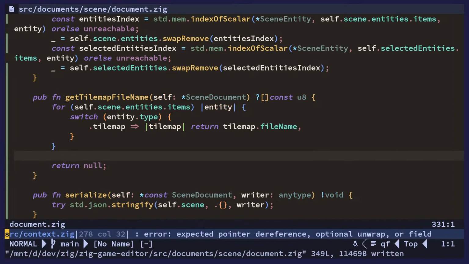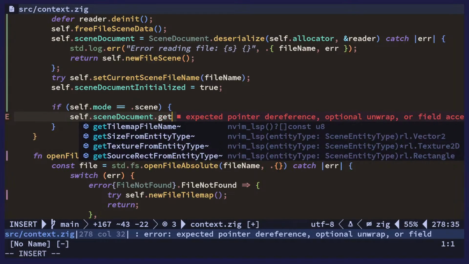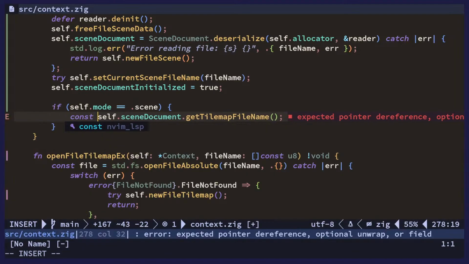I mean, in the future, we're going to be able to have more than one tile map per scene, so that you can build different tile maps and then kind of puzzle them together in a scene. But for now we can only have one, and now we can get the tile map file name,